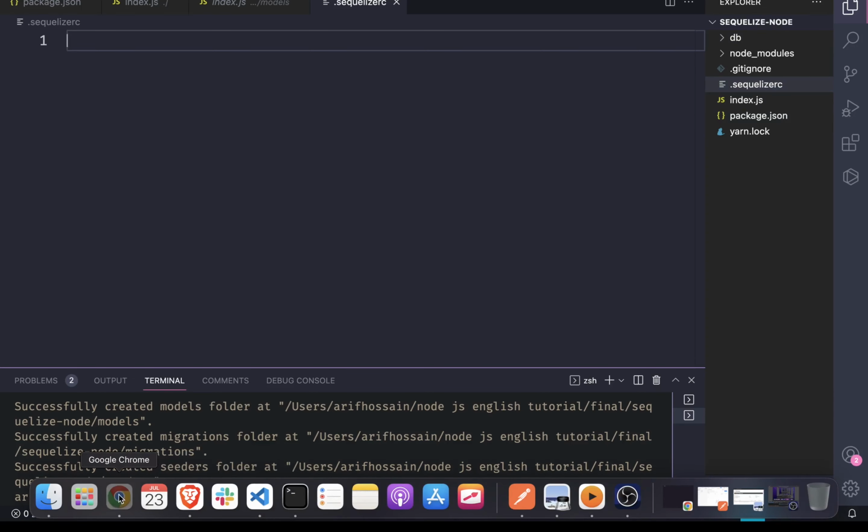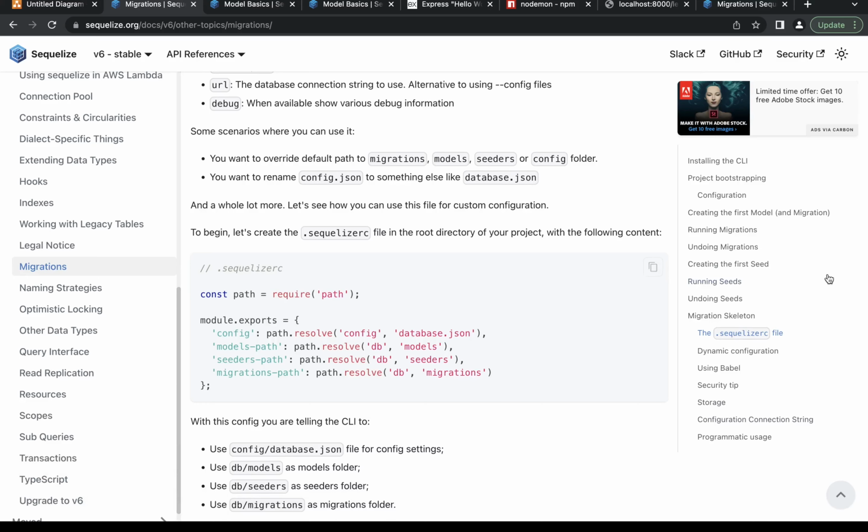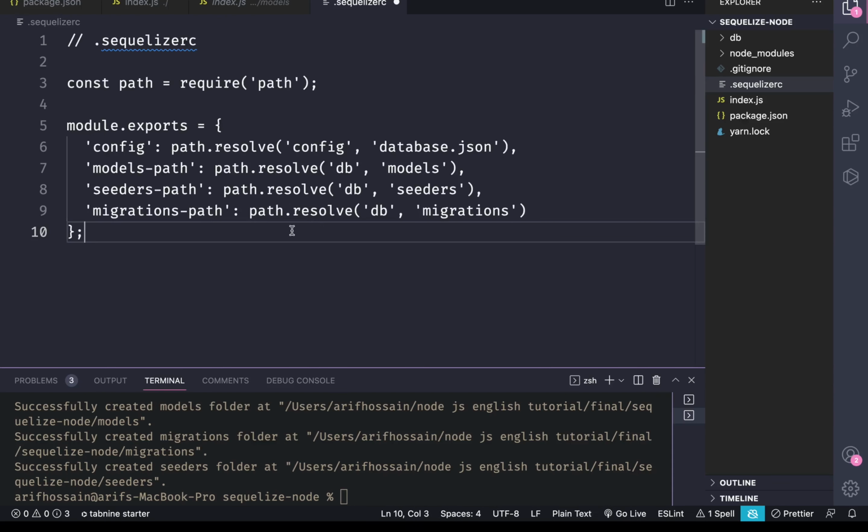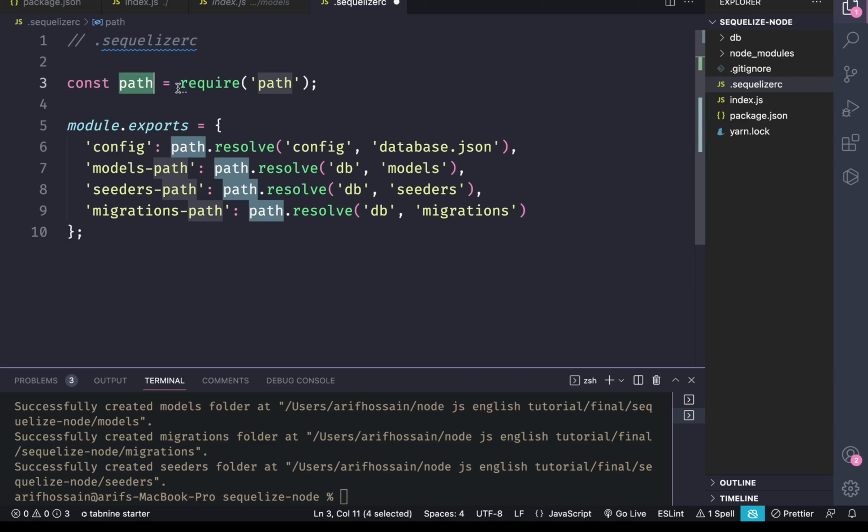So how can you define the path? As you can see, here is the path. We just need to copy and paste. So I'm going to copy and paste this into .sequelizerc. The path should be require path and module.exports config. So first of all, it will go to the config file, trying to find the